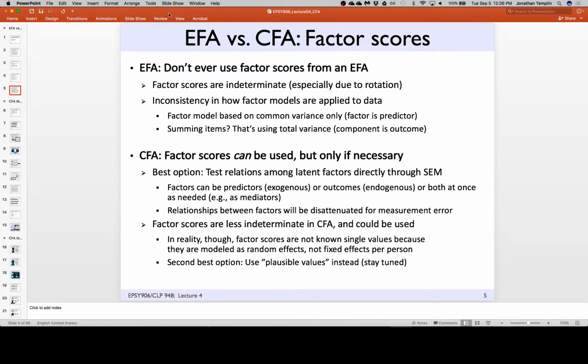Factor scores in EFA have an issue with rotational indeterminacy, meaning they're not unique. When you use the rotation, you rotate the scores too. In CFA, you can use the factor scores. I would say only if necessary, but you can. If you're going to report a score to a person, yes, the factor scores are fine to do that. If you're going to use the factor score in another analysis, basically, you want to see if men and women differ in their levels of tolerance for scree, or whatever it happens to be,